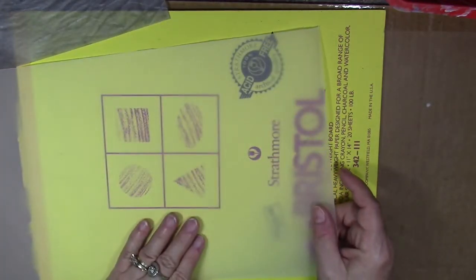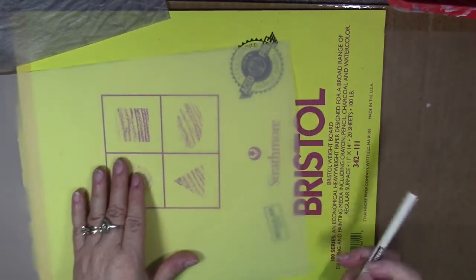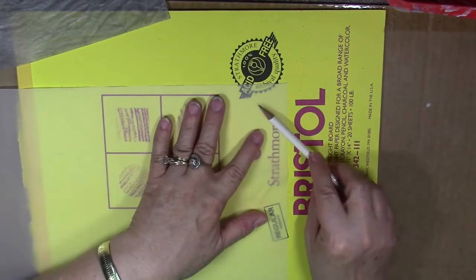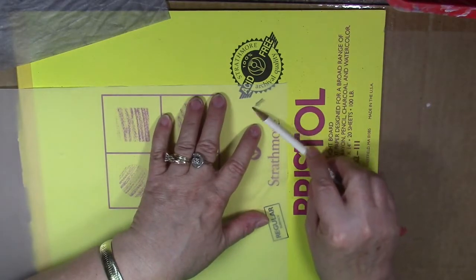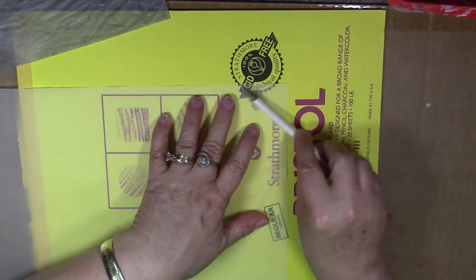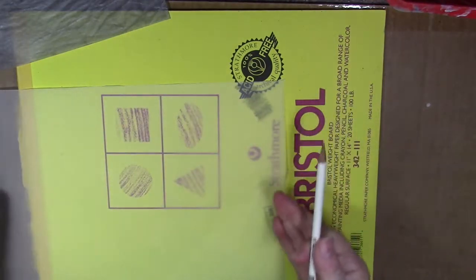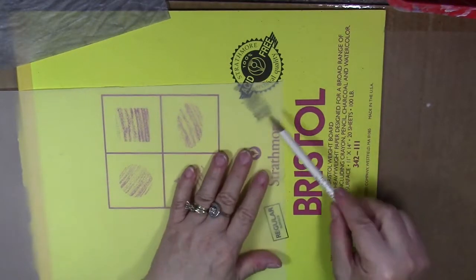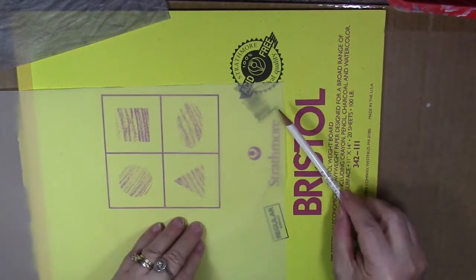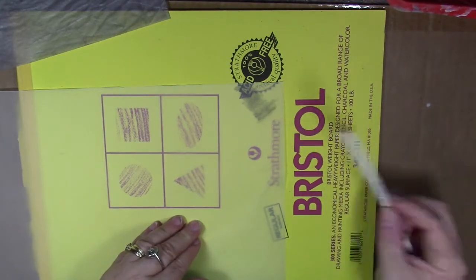All you do is take a piece of tracing paper and a pencil, and sharpen your pencil. This one's not real sharp, but it'll work for our purposes. And you're going to lay the pencil on the side, and you're just going to start covering that tracing paper with a fine layer of graphite pencil. So just continue that, whatever size sheet of graphite paper you want. And when you've got that done, just take a piece of paper towel and lightly wipe over the surface to remove any excess. And you can just use this graphite paper for a long time and just refresh it every once in a while with some fresh pencil